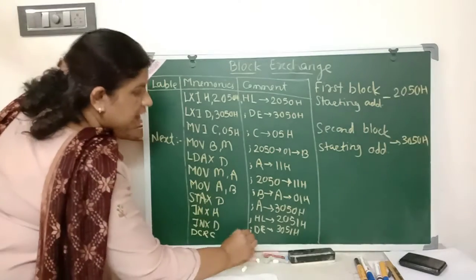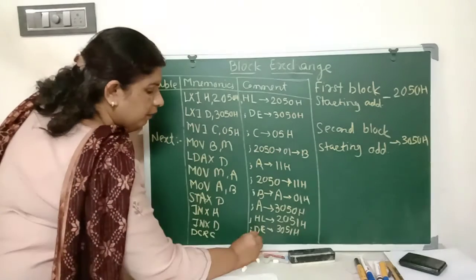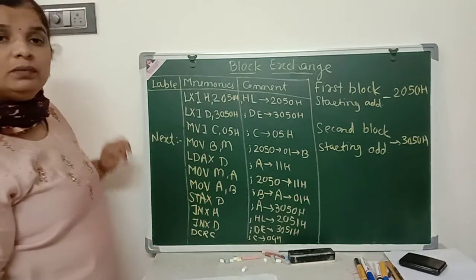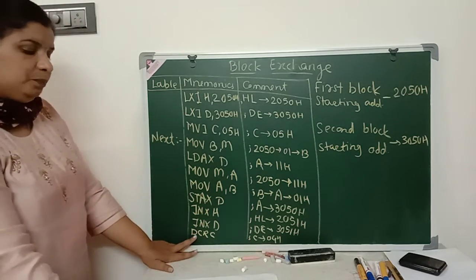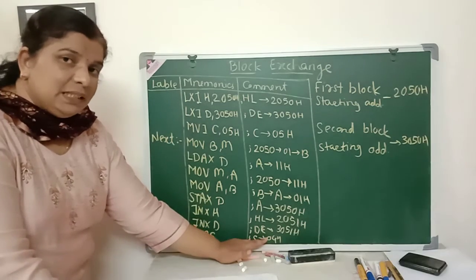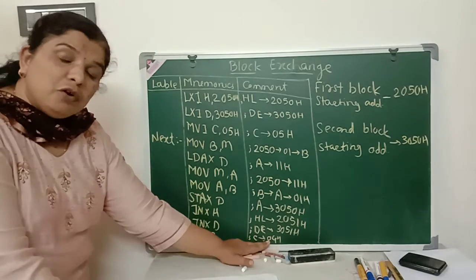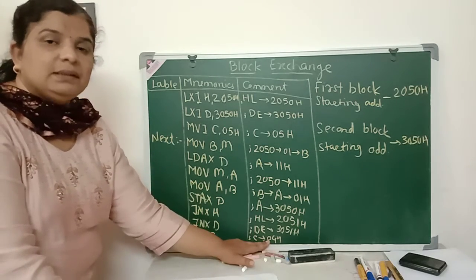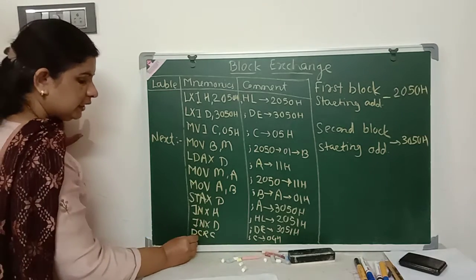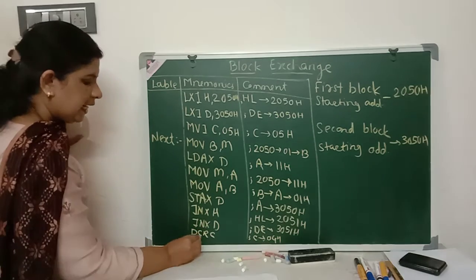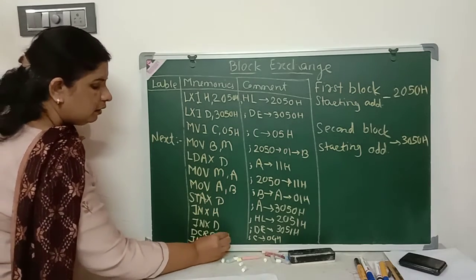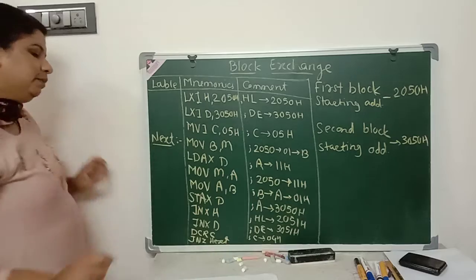Okay. And then we are going to decrement the counter because the first data has been copied. So C, it was 5, now it will become 04. DCR C. Okay. So it has become 04, but still it has not become 00. So still 4 numbers have to be copied. Still 4 data exchanges have to be done, and that's why we will check for this with the instruction JNZ next. Now you will get the meaning of why I have written the next label here.